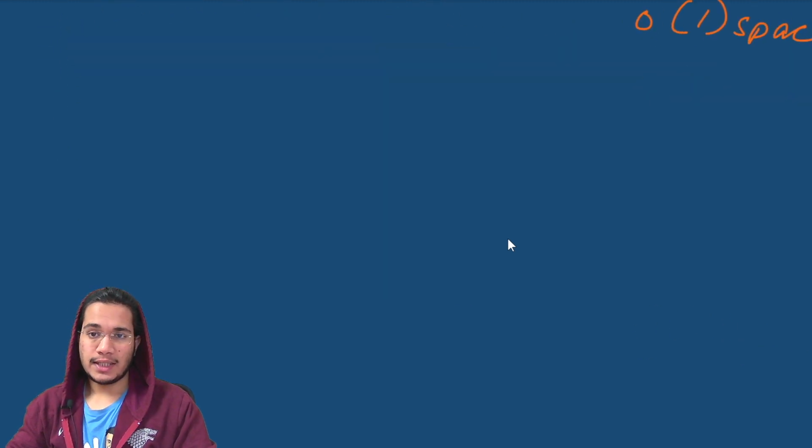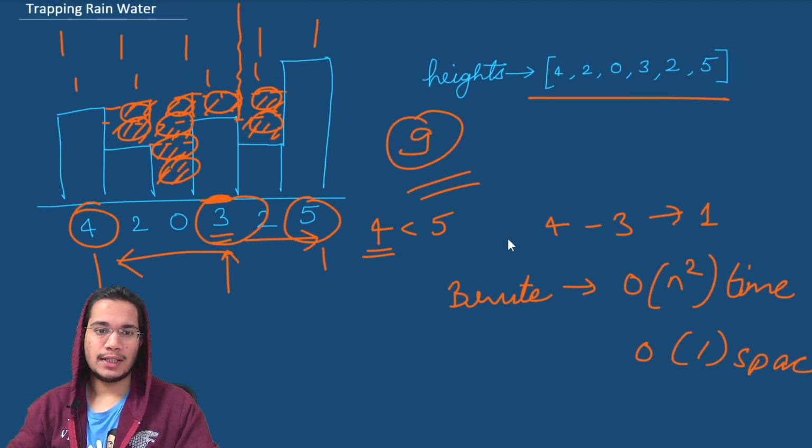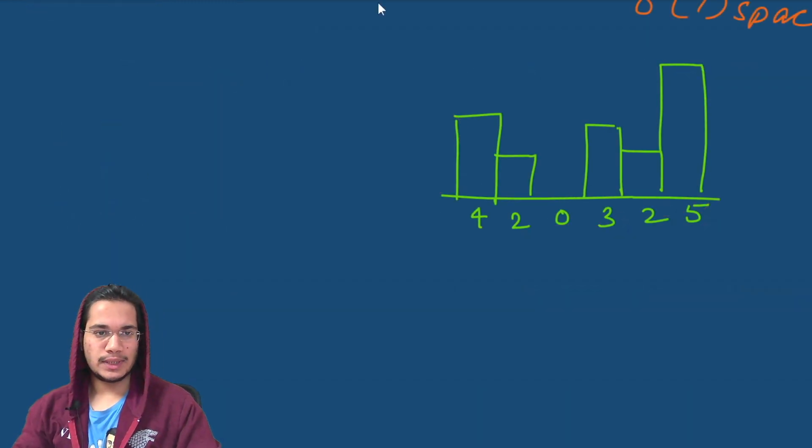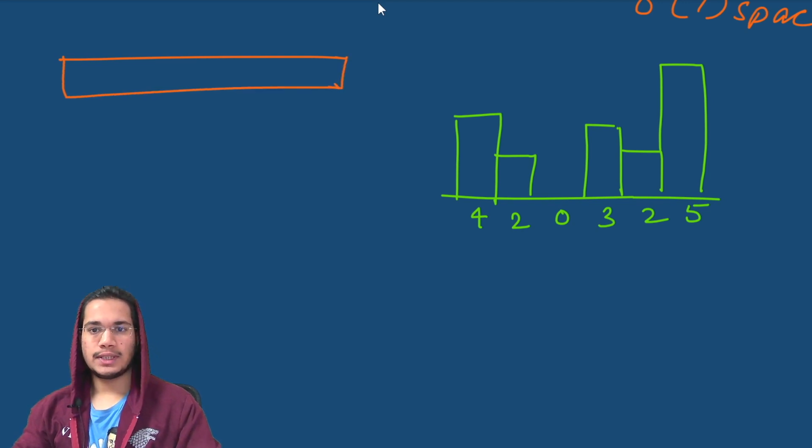But time-wise, there is of course a better approach that we can go for, which is solved by something like dynamic programming. As we just mentioned, for every building we need to find the tallest building on its left as well as right. So I think we can do some pre-computation to store this information. I have drawn these buildings once again, and this time we'll create an array or a container where we will store the heights of the tallest buildings towards the left of each building.